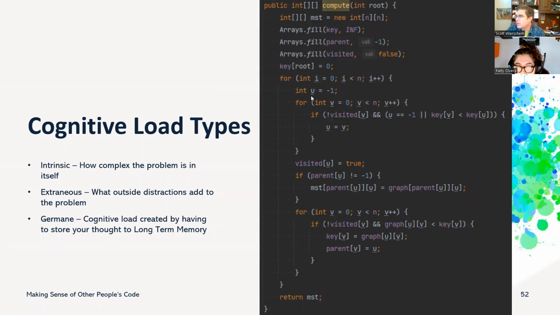I guess they're counters, which makes it really hard to keep track of them. We want to record that. So the extraneous load is those little variables I got to keep track of. The intrinsic load would be the loops, the whole calculation.